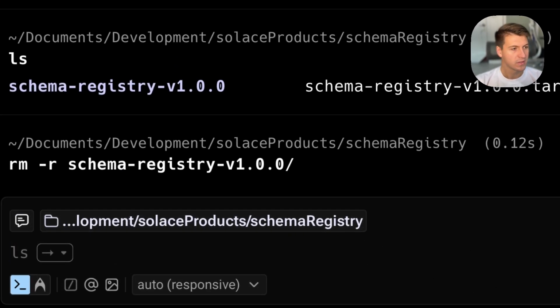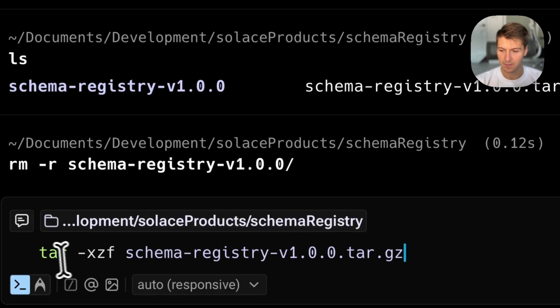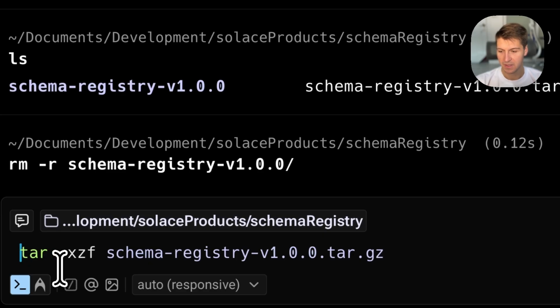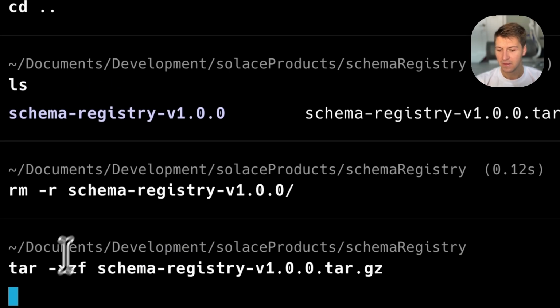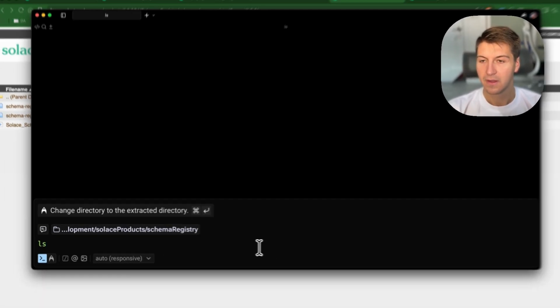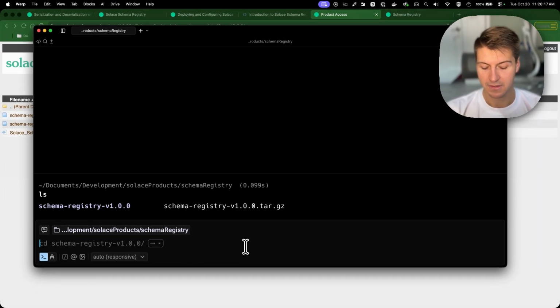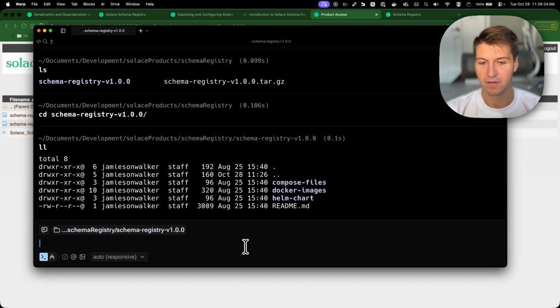stored. The first thing that we're going to want to do is actually unzip and untar this download that we just had. So I'll go ahead and paste the command for that here. It's tar -xzf schema registry, whichever version you have. This will create a new directory and put all of the contents inside of there, essentially extracting what we have. If we change into this new directory, we will see that we have a number of different folders, some Helm chart content, some Docker content, and a README if we wanted to see the instructions and what's contained inside of